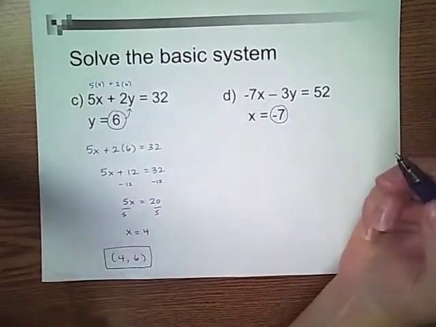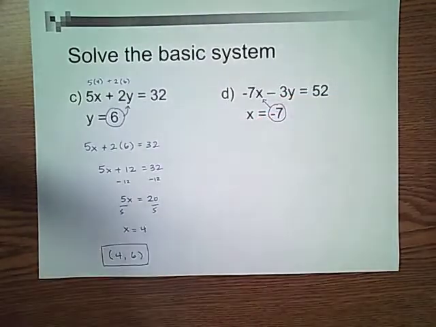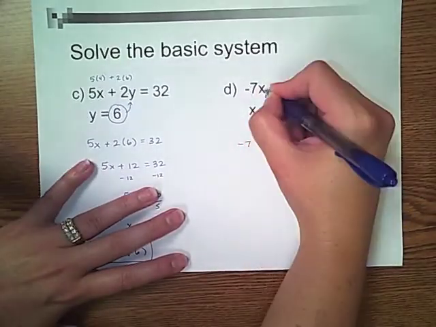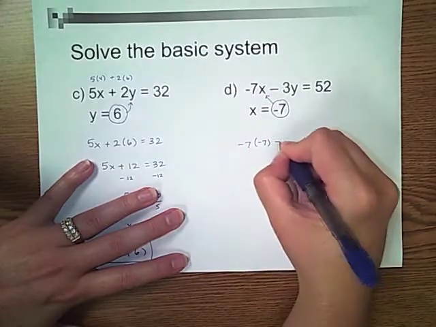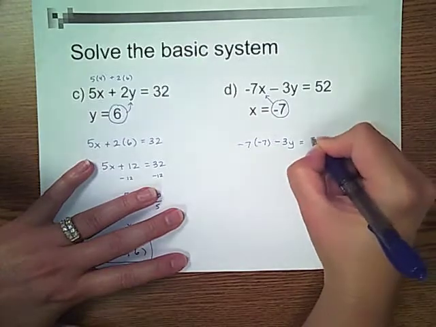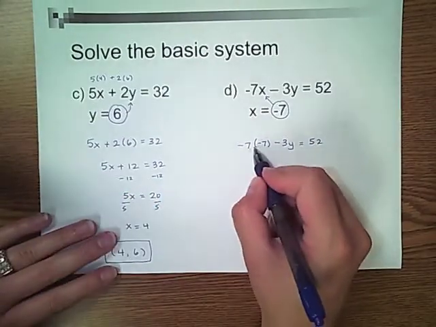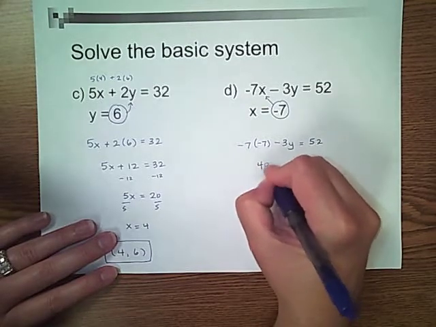All right, so we do it the exact same way, but instead of plugging in for y, we're going to plug this in place of x, because it's what x equals. All right, so here we go. So -7, and then x is also -7. So -7 times -7 minus 3y equals 52. All right, I'm going to go ahead and do this multiplication right here. -7 times -7 is positive 49